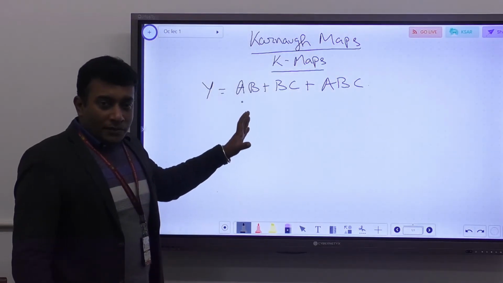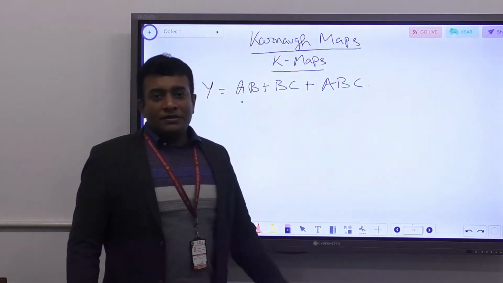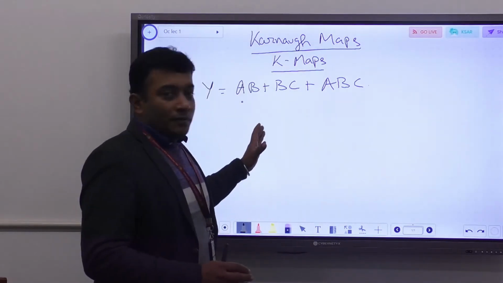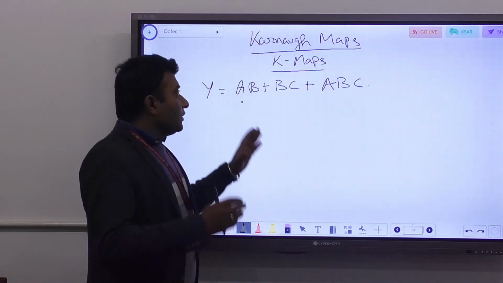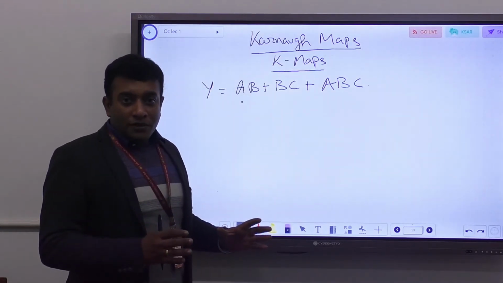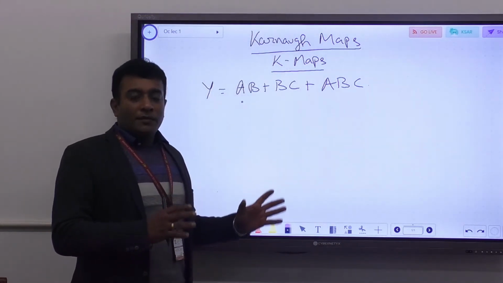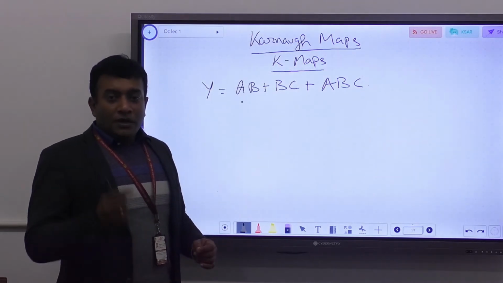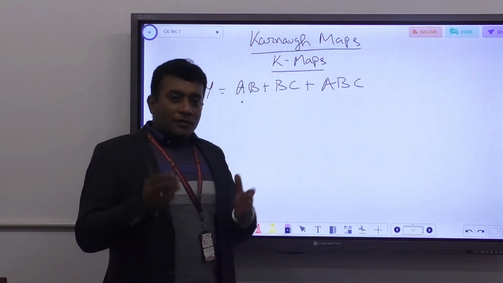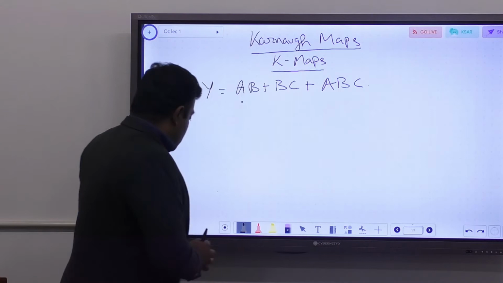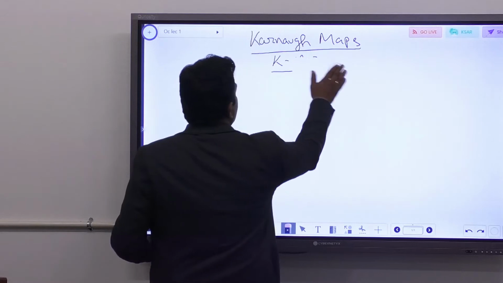We can use Boolean algebra for doing this, but in case the equation is too long, there might be incidents where you may commit some mistake while minimizing the equation. So K-map is a sure shot method of minimizing an equation, and after the implementation of the K-map, we will implement the equation, and that would be the shortest equation possible, so the minimum gates would be required. So we'll start with